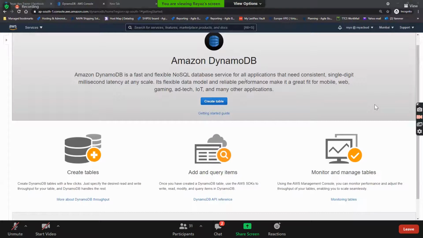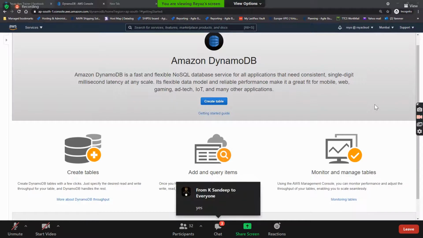It's serverless. So which one is push button scaling, DynamoDB or RDS? Dynamo. Do you remember what is push button scaling? Push button scaling means you can increase the performance without any downtime.